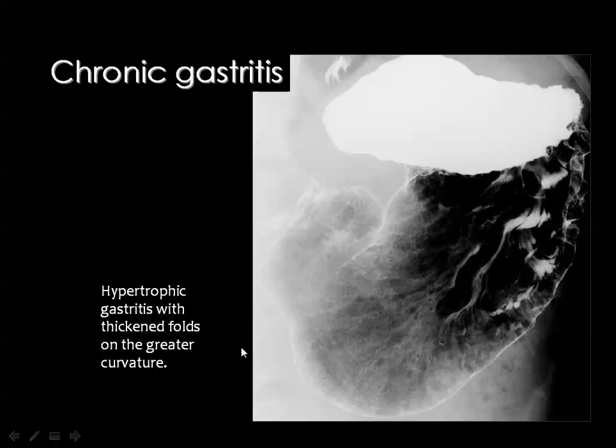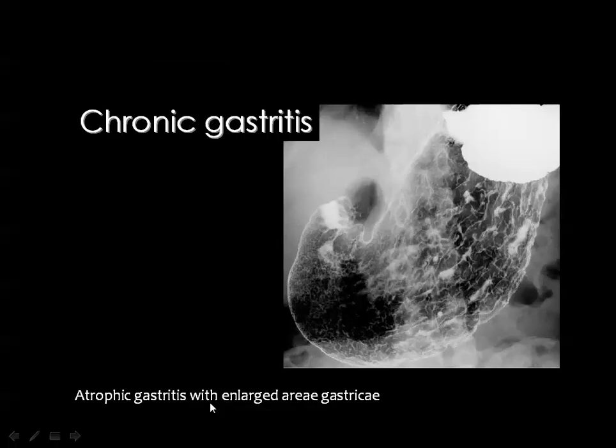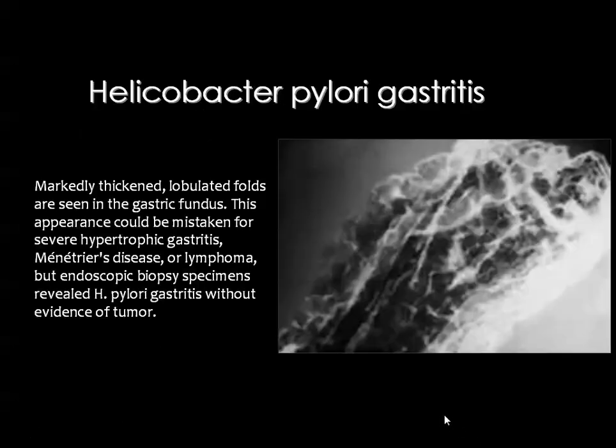And in this case of histologically diagnosed chronic gastritis, you can see mucosal atrophy in some parts of the stomach and mucosal hypertrophy in the body and the fundus. And in this case, you can also see the mixed type of mucosal atrophic changes and hypertrophic mucosa as well. And this is a type of H. pylori gastritis,